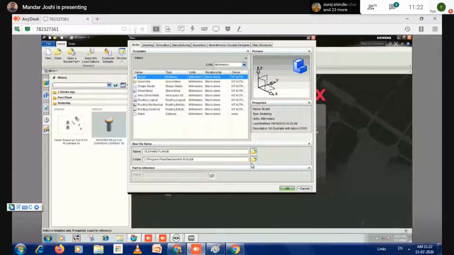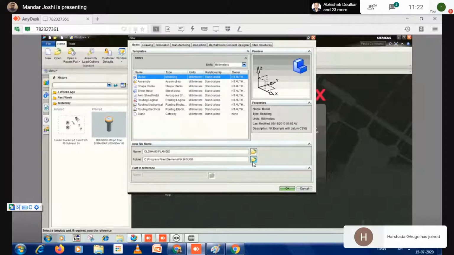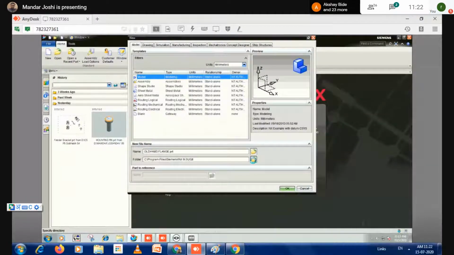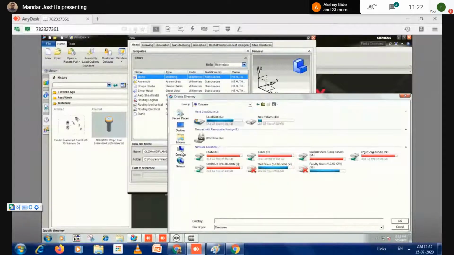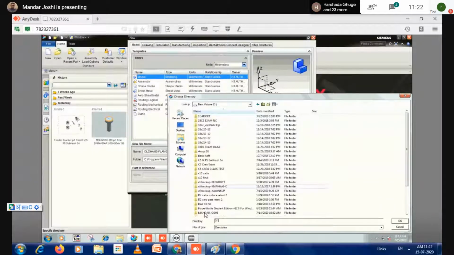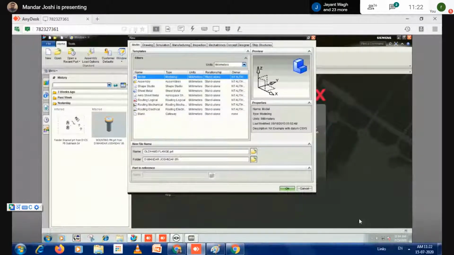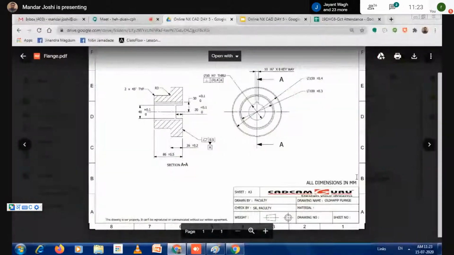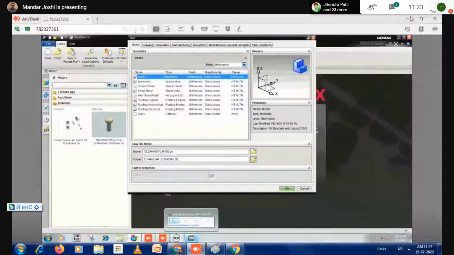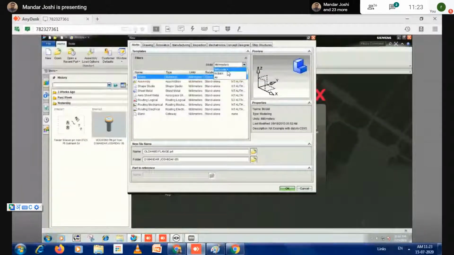And now you have to select here the working or target directory. So I'm going to click on this, and I'm storing the data in my location, day number 5. Also, you check the unit system in this drawing. All dimensions are in mm. Correct. So now you set the unit system initially to millimeters. Once you do that, you have to choose the appropriate module. So I'm taking the model here and click on OK.